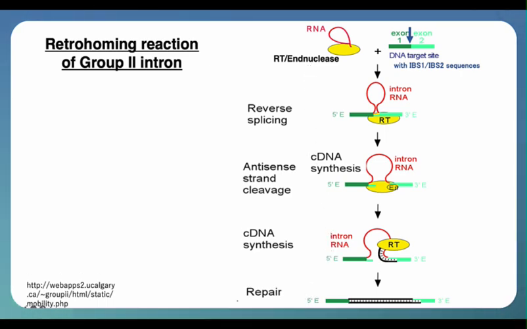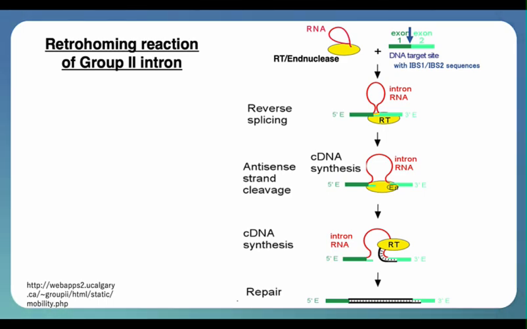Let's now explain where these enzymatic activities are encoded. These are encoded in the intronic open reading frame located in domain 4 of the Group II intron. This single protein encodes reverse transcriptase activity, endonuclease activity, and DNA binding activity. The intronic ORF is translated before the intron splicing occurs, and the resulting protein is used for both splicing and